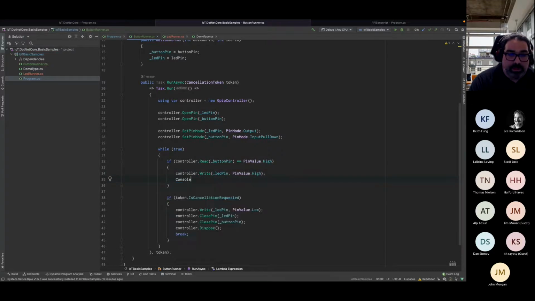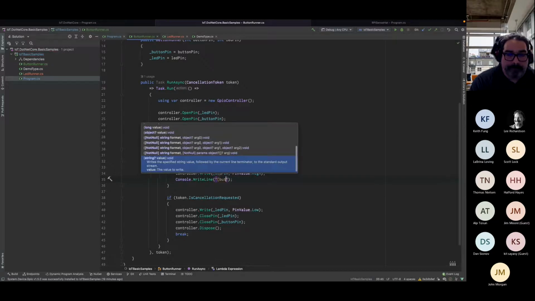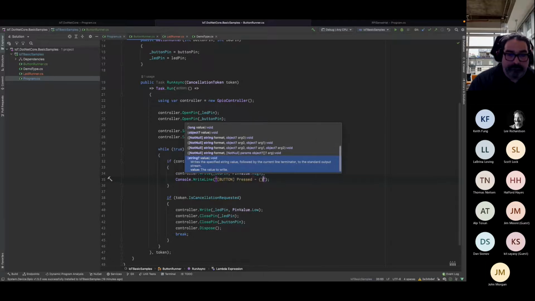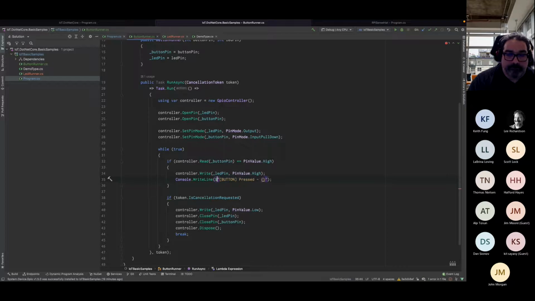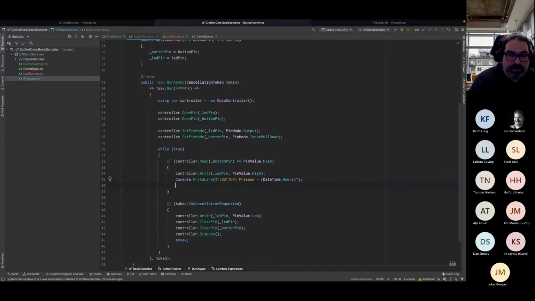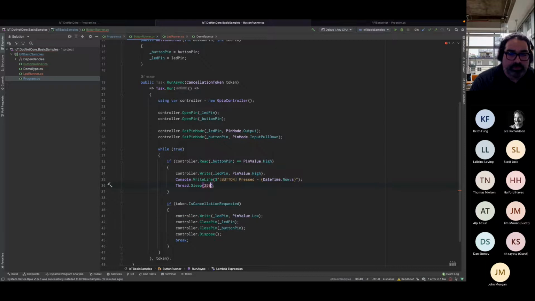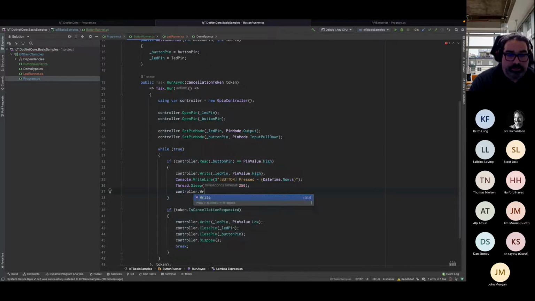Let's write something to the console just to get a visual. And let's write a delay so that this is actually visible for 250 milliseconds. After that, let's just turn off the pin.